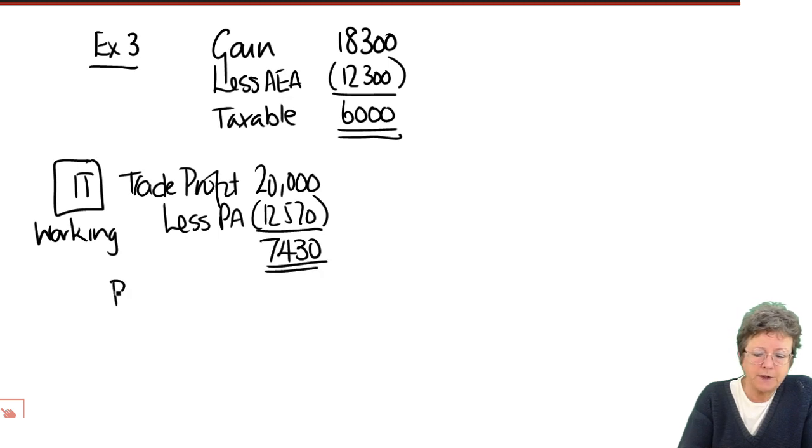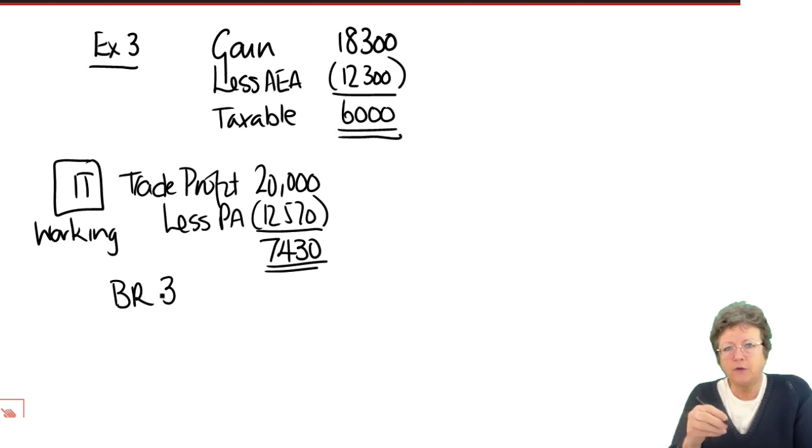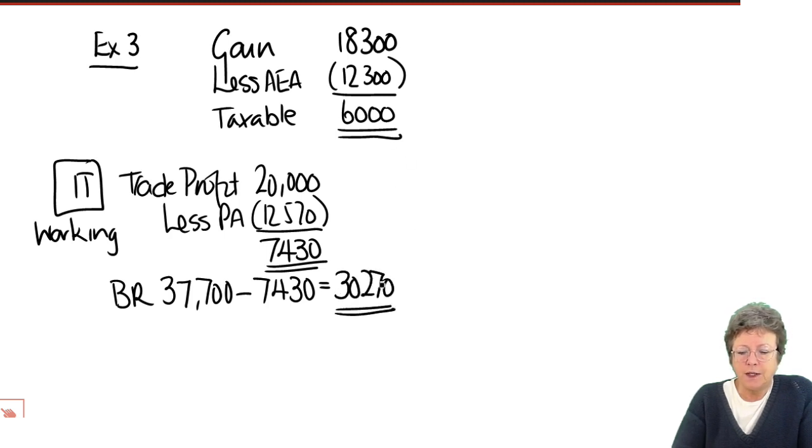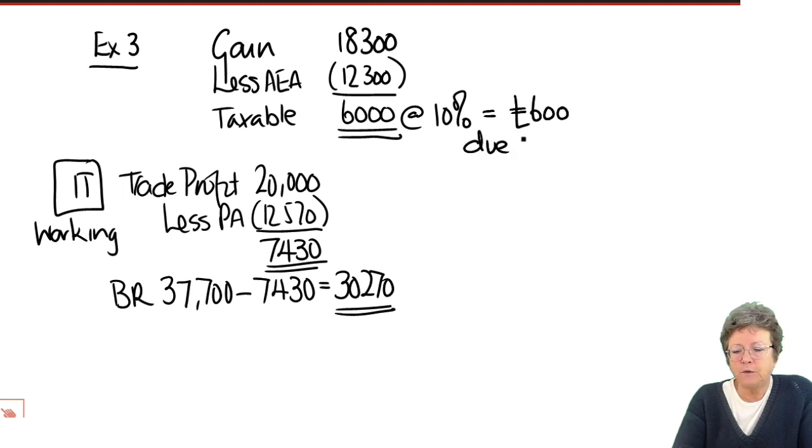So the basic rate band figure, never guess these figures, always check. 37,700. He's used 7,430 of that, which leaves £30,270. So that 6,000 will therefore only be taxed at 10%, which is £600, which is due on the 31st